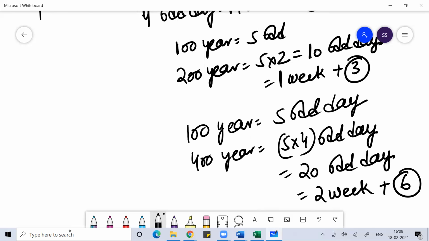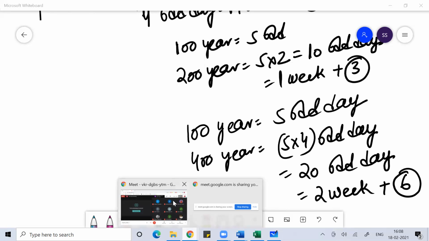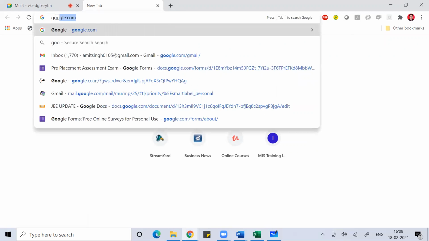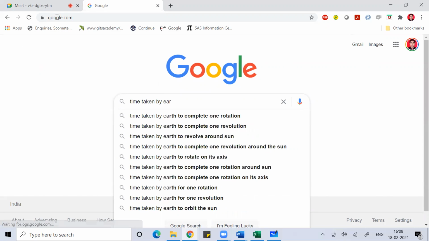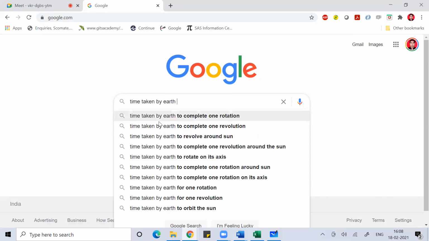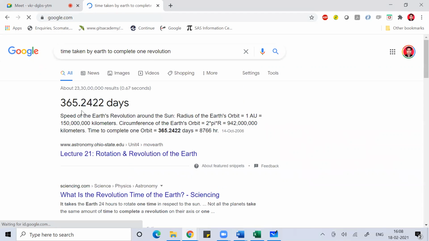The actual time the Earth takes to complete one revolution of the Sun is not exactly 365 1/4. You can check in Google. It is more than 365. If you Google the time taken by Earth to complete one revolution of the Sun, it is not 365.25, it is actually 365.2422. Because you assumed 365.25